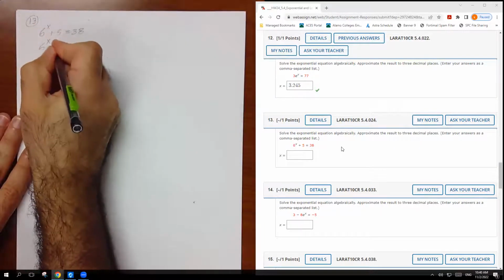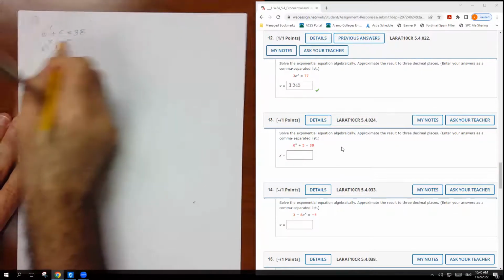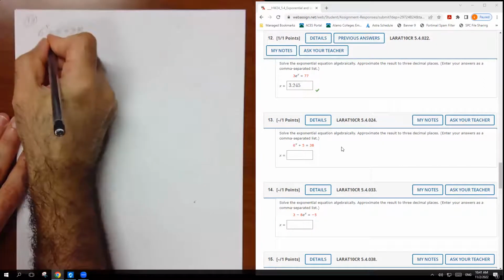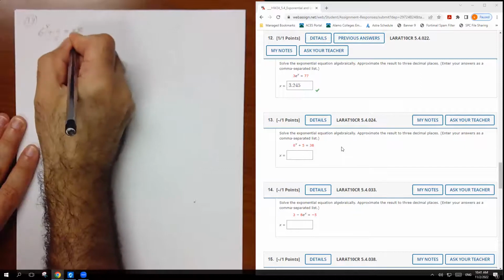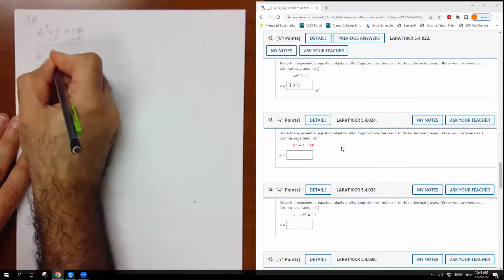So 6 to the power x equals 38 minus 5. So I'm going to subtract 5 from both sides. That means 6 to the power x is going to be equal